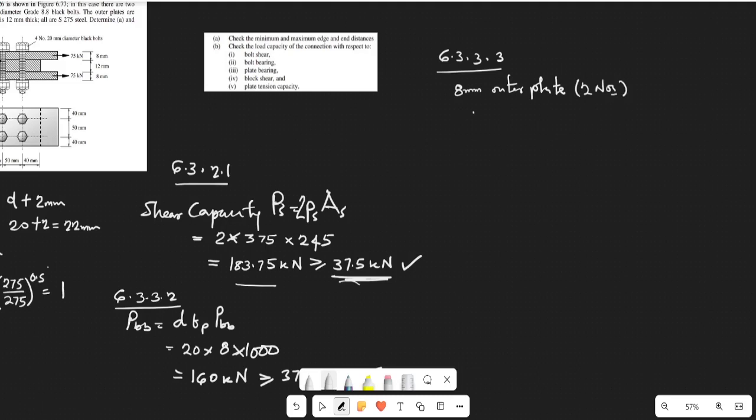So we have the formula from that clause: kbs d tp pbs, which must anyways be less than 0.5 kbs a e tp pbs. All right, so in putting all through our values, we have 20, thickness of plate, we have 8,